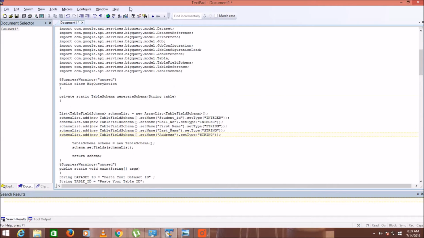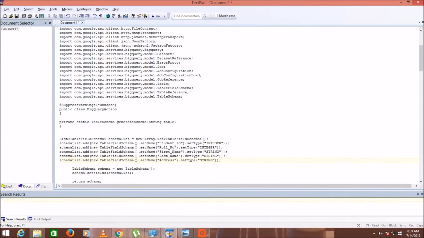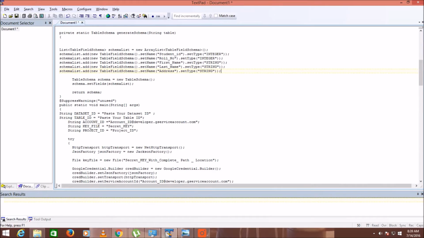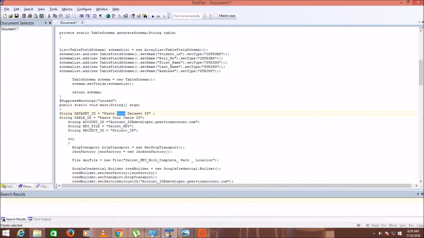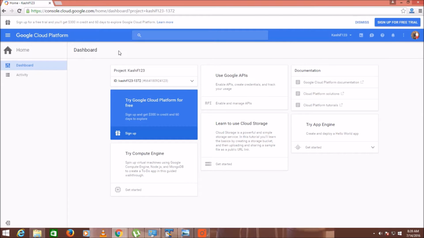new tables in one data set, and the data will be automatically merged. So you will know the importance of this code when I explain this in depth, but now my concern is to tell you that you need these credentials while accessing your BigQuery: your dataset ID, your project ID which we already got, your secret key, and the account ID. So let's move further.